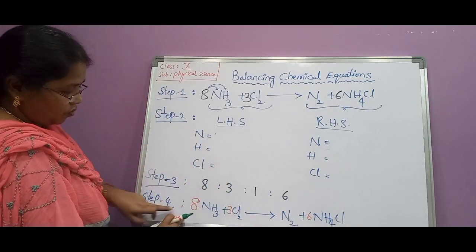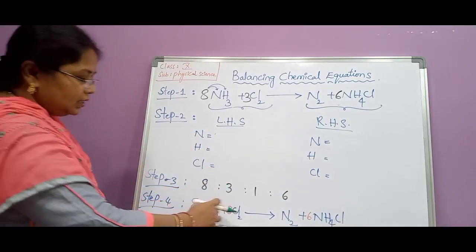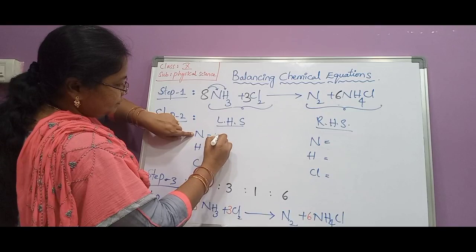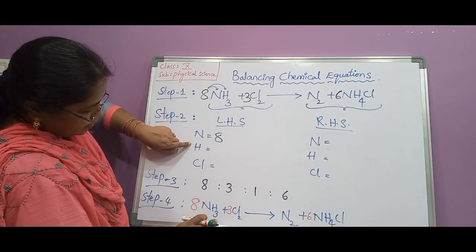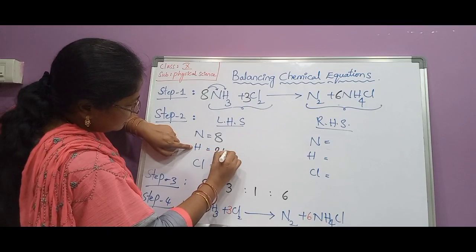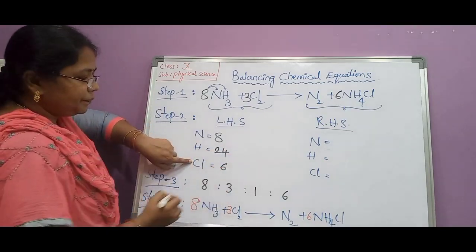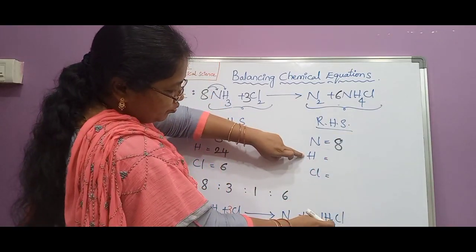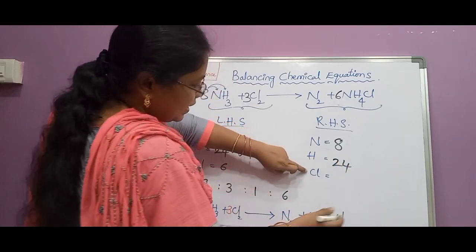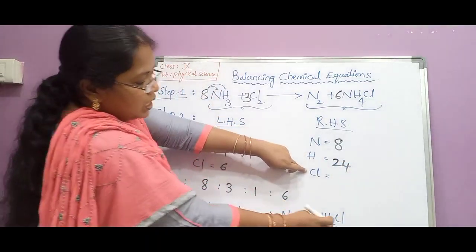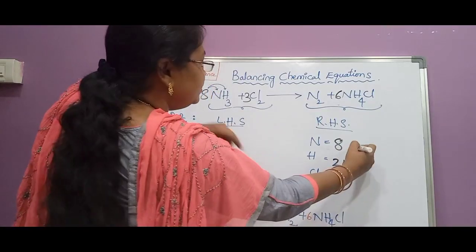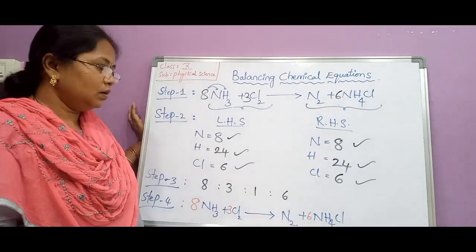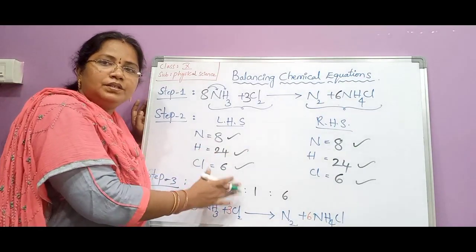See, according to this completely balanced equation I have written in step 4, I am writing the number of atoms here. 8 nitrogens are there. 8 3s are 24 hydrogens are there. Here no hydrogen. And chlorines, 3 2s are 6 chlorines. Coming to the right side, 2 nitrogens plus 6 nitrogens, 8 nitrogens are there. Hydrogen, 6 into 4, 6 4s are 24 hydrogens are there. And 6 chlorines are there. In this formula only, no chlorine. In this formula, 6 chlorines are there. See here, 8, 24, 6. All the elements are now completely balanced. So this is the completely balanced equation.